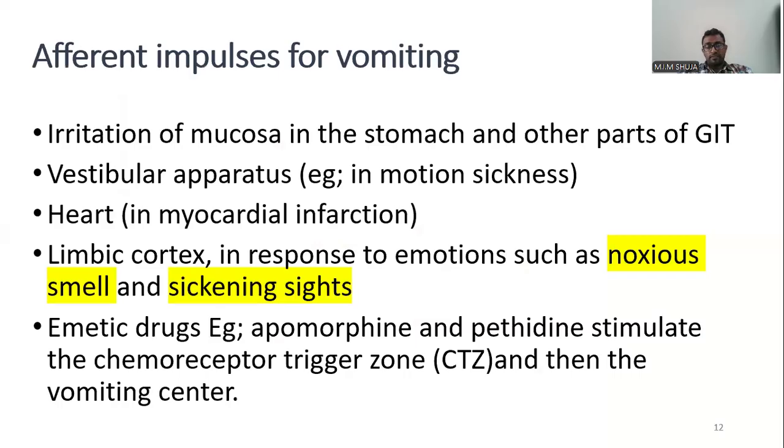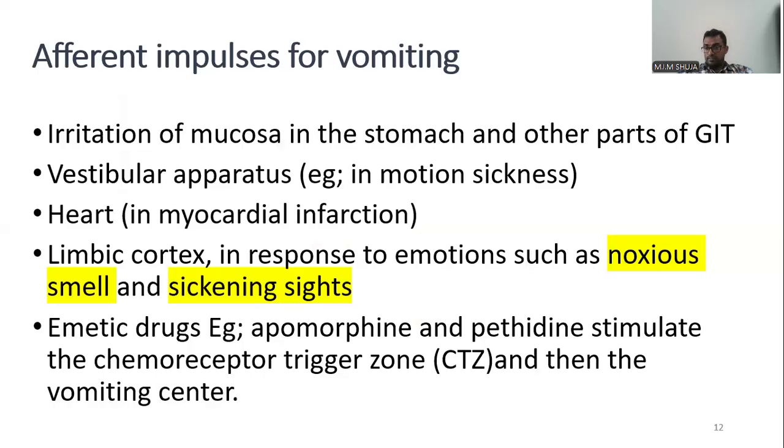So here we will see afferent impulses for vomiting: irritation of the mucosa, vestibular apparatus, even myocardial infarction, heart, limbic cortex and other systems can cause that. So we'll look at that in a bit more depth. Afferent impulse means the incoming signal that travels from different parts of the body to the vomiting center in the